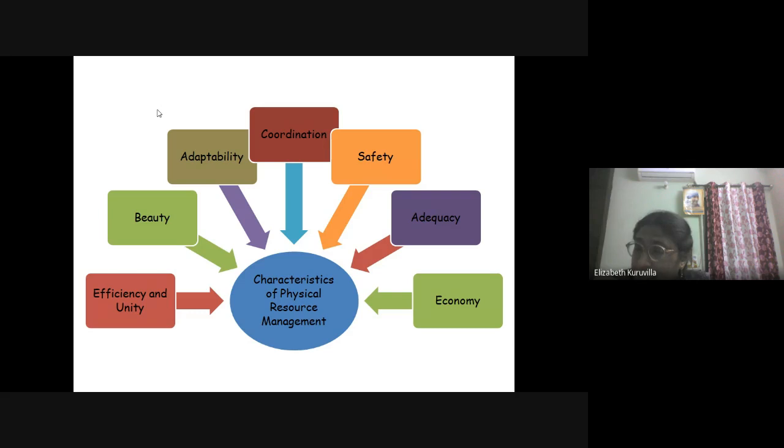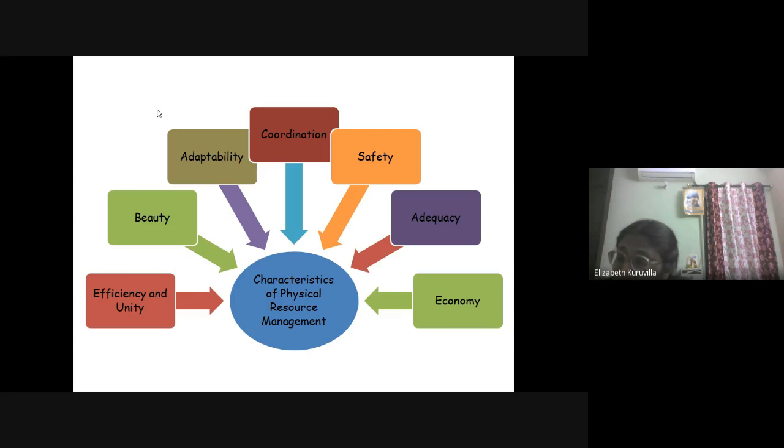The whole campus must be planned in such a way that the management is efficient and convenient so that the management can be done effectively. Then comes coordination. All the sections of the school campus must function separately but connect mutually so as to help and not interfere with each other's function. So there should be an interlinkage between the different departments and the people, and we should not damage the available resources.